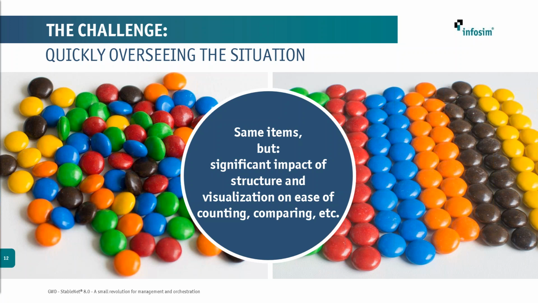And now imagine that one group has to do it with the left side and one with the right side. I think all of us agree that there might be the same items here, but there's a significant impact of the structure and the visualization on the ease of counting, comparing, and so on. If it's well structured, like here on the right side picture, I can easier count it, I can easier compare if it's the same amount of items for all different colors, and so on and so forth. And now getting again to the NMS analogy,